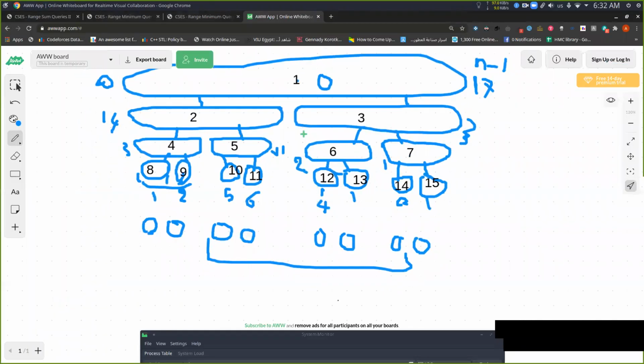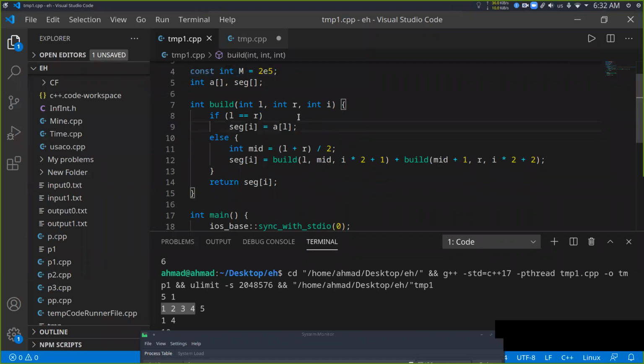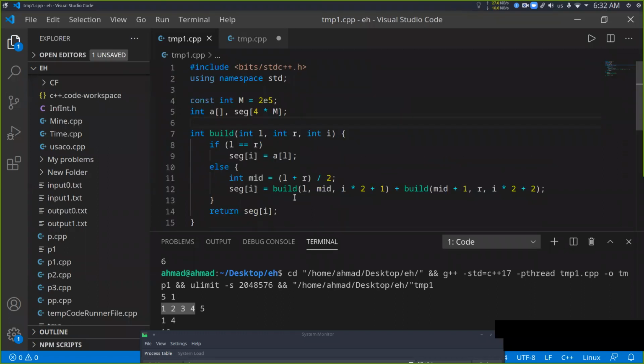So Ahmad, we are going with 2m plus 1 as the segment tree size, right? Not quite. The size of the segment tree should be 4 times m. Many people have talked about this on the internet, but 4m is the safe size. Why? Because if we are at some node here,